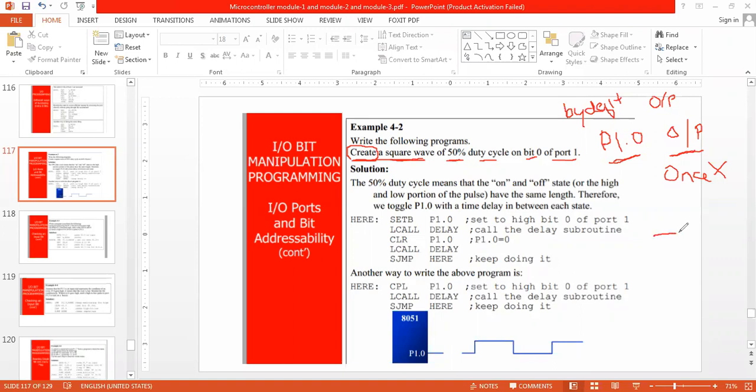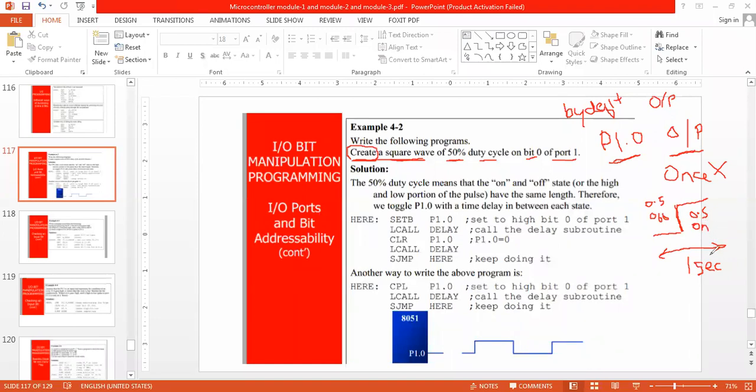Say one cycle has a total time period of 1 second. 50% duty cycle means 0.5 seconds off and 0.5 seconds on.